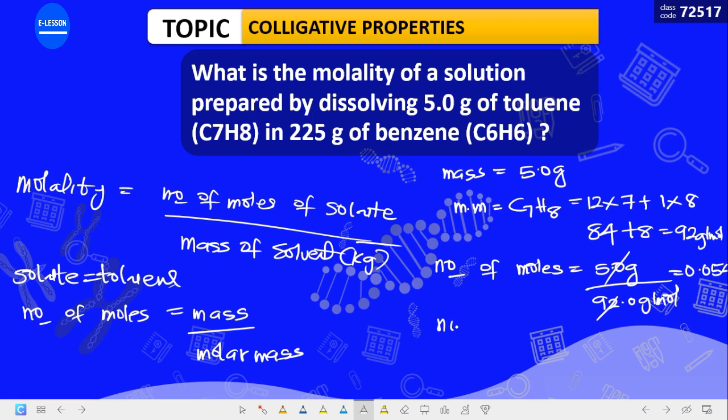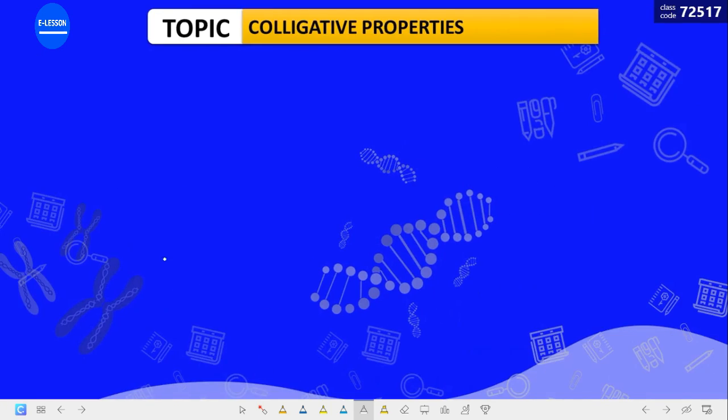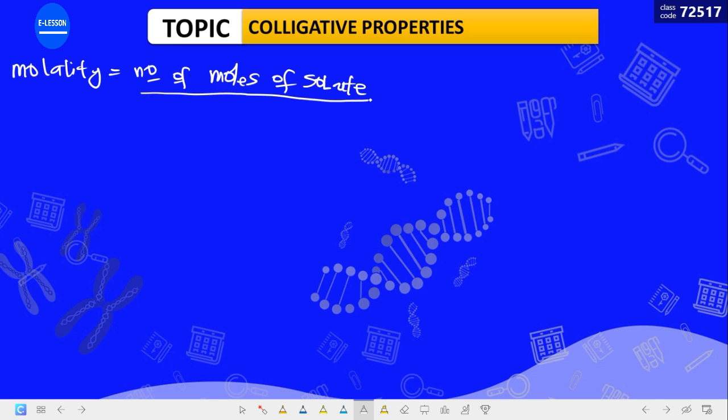Let me write it here. Number of moles is equal to 0.054 moles for toluene. Now let us calculate the molality. What do you say for molality? We say molality is equal to number of moles of solute all over the mass of solvent